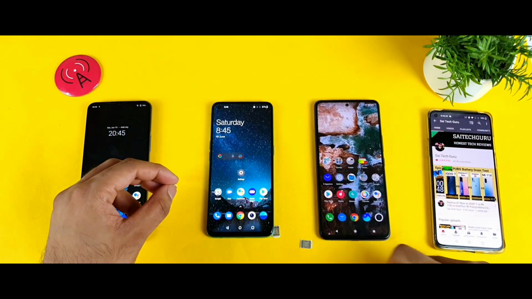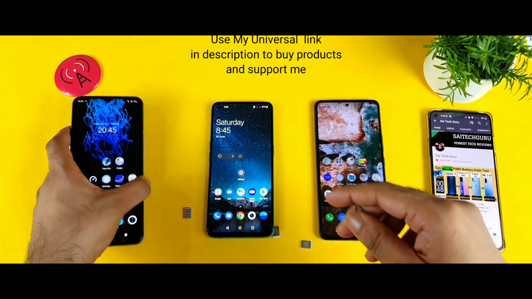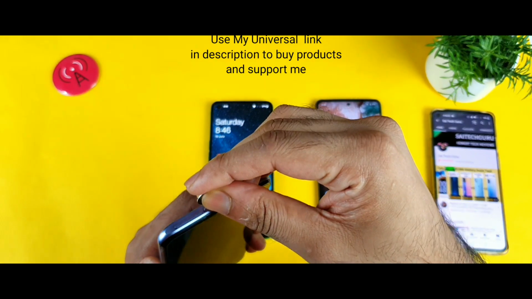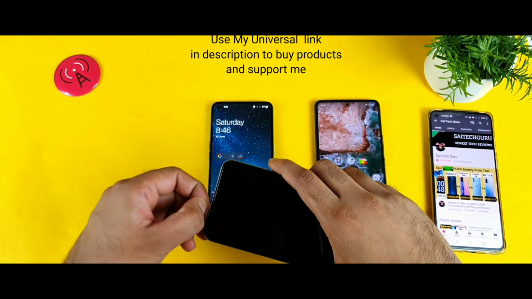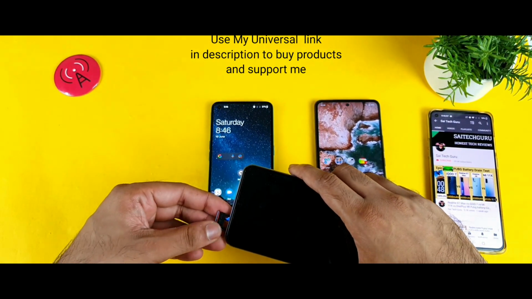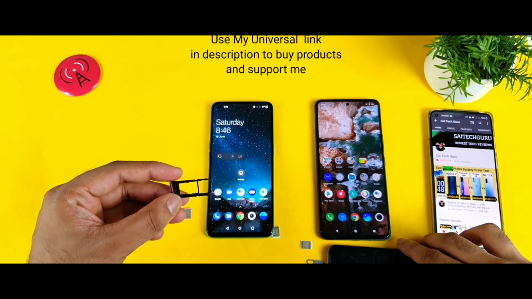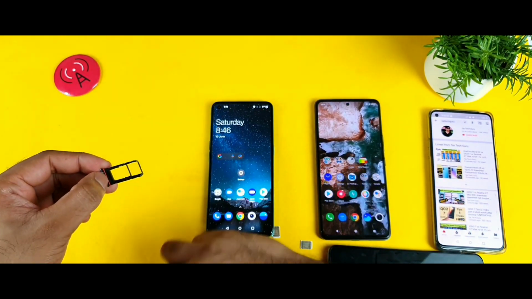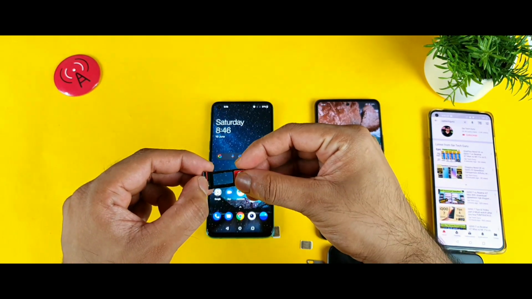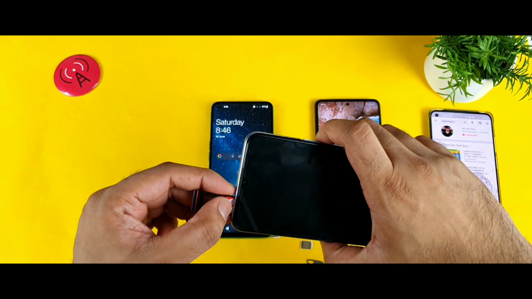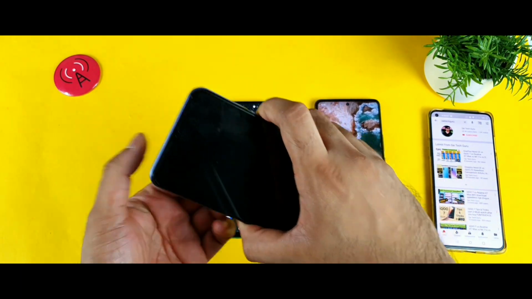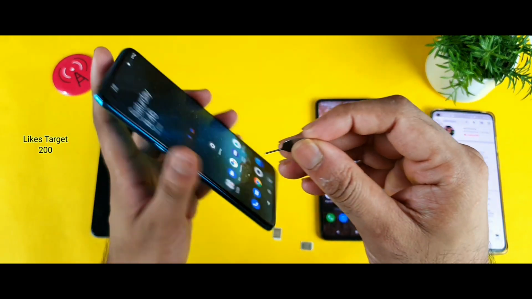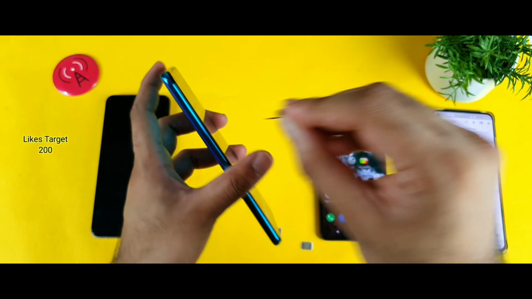Now I'll be back after inserting the Jio SIMs in all the 3 smartphones. So let me be back after some time. One thing is that the iQOO Z3 has a hybrid SIM slot. That is one thing I thought of showing you right now. As you can see, this is the hybrid SIM slot. I found this small rubber piece keeps moving every time, and I'm not sure why. The SIM I'm trying to use in this phone is a Jio SIM only. This is the Jio SIM card which I'm trying to insert. I thought of showing you in front of the camera which SIM I am using, so you don't have any doubts. The SIM card slides in, I think, yeah, this side.